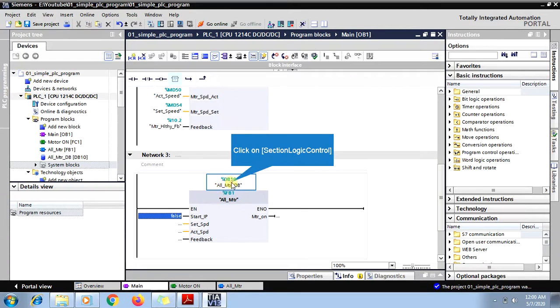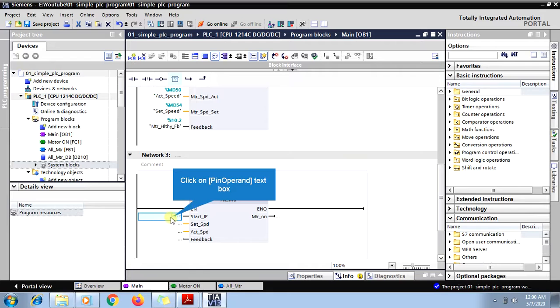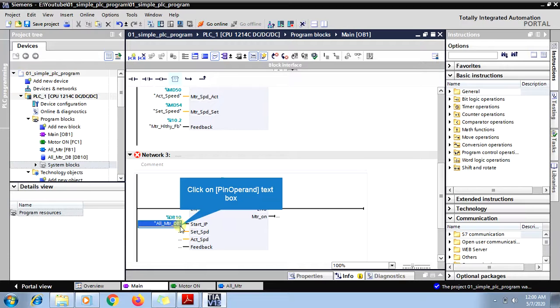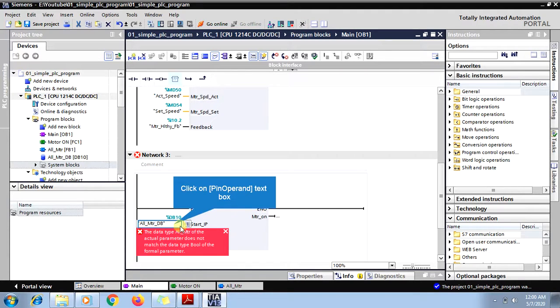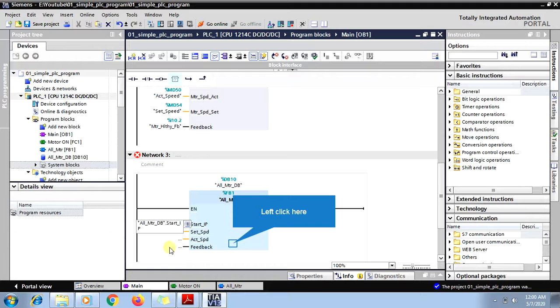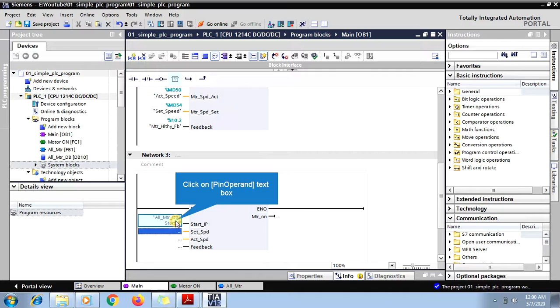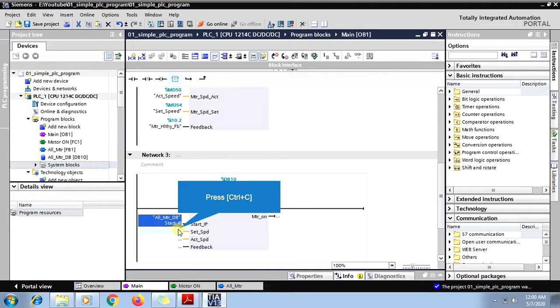If you want, you can take this as well. Say dot. So you can access via this, but for this it is not possible. Again,